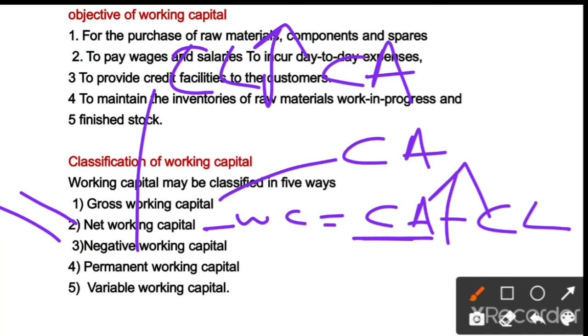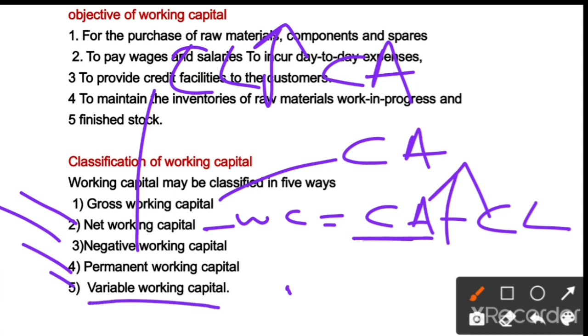We will move to the next, permanent working capital. What do you mean by permanent? It is fixed or regular capital. It is the amount of working capital which remains in the business permanently. It is called fixed working capital. For example, cash or bank balance, stock in trade, maintained as a minimum to carry on business operations at all times. Whatever we maintain in cash or in the bank for a permanent purpose is permanent working capital. It is nothing but fixed.